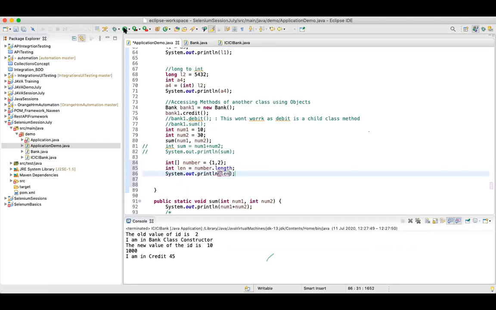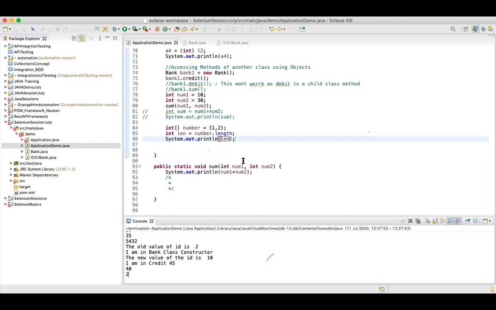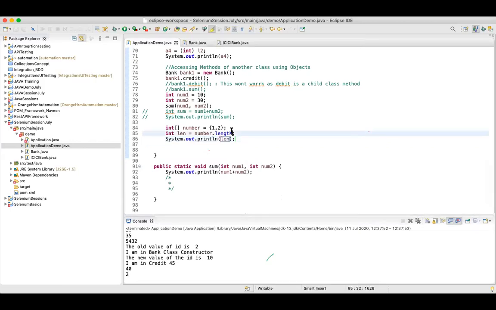Now when I print this, it's showing me 2, because with 1 and 2 I have 2 elements, and it is not necessary to be in a specific order. I can have any order.